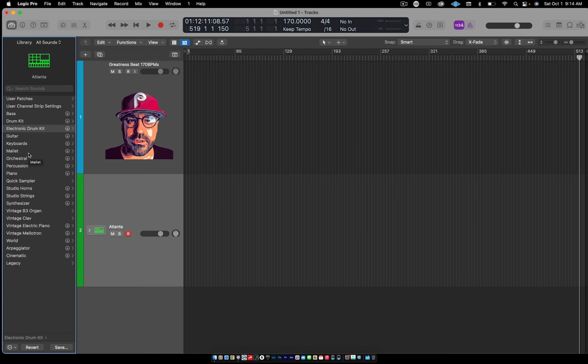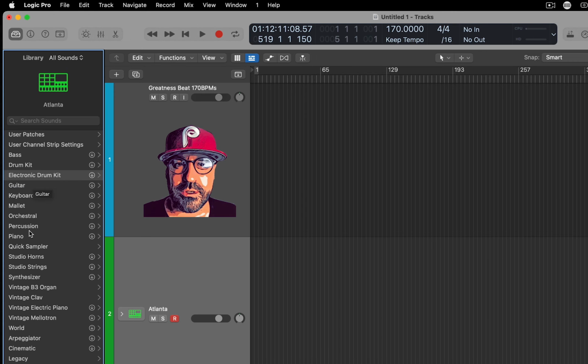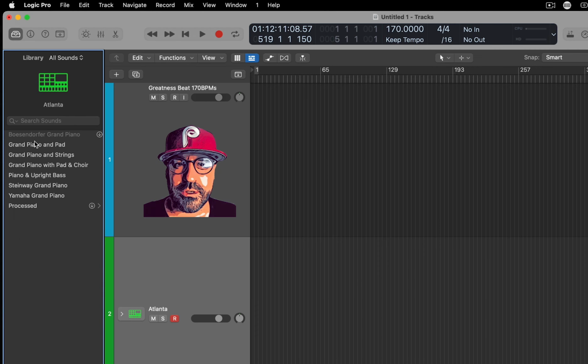So for instance, if we were looking for, say, a piano, right? We'd go right here to piano, click on that. And then this is the list of pianos that you can use. See? So when you click on one of these, like if I did this one right here, piano and pad, and clicked on it, that would then open up a piano and pad